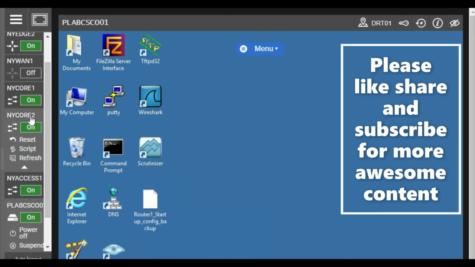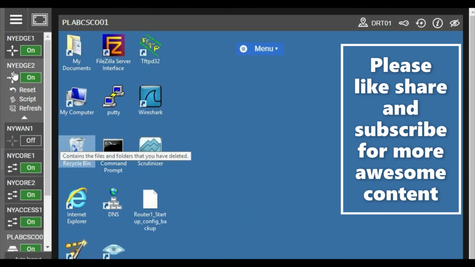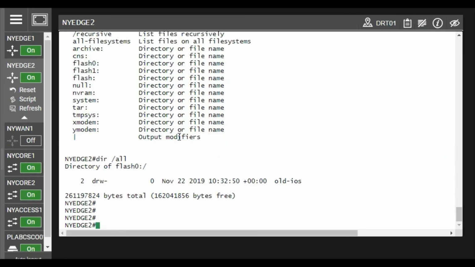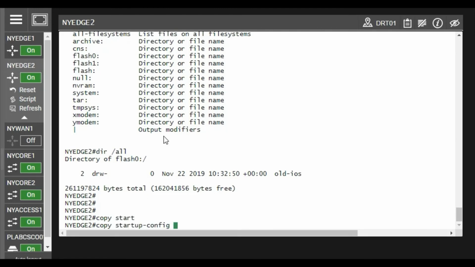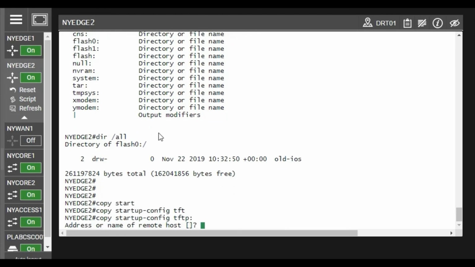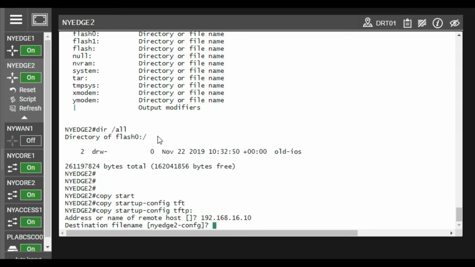Okay, you can do the same thing in your second router. Copy startup tftp and address of the remote host, 16.10 and destination file name.